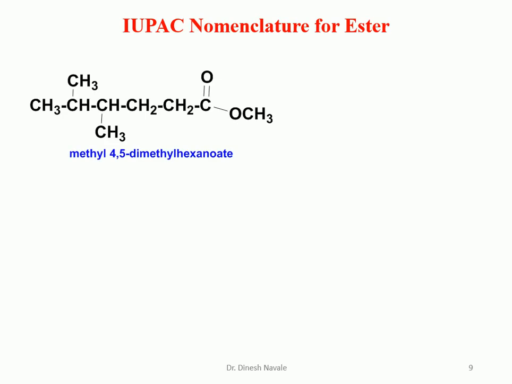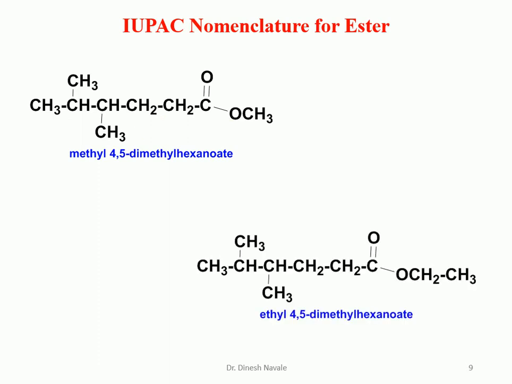So whenever we see the IUPAC nomenclature of a substituted ester, we have to choose which is the alkyl part. Again, the methyl group is the alkyl part, so we write methyl as it is. Then we have to choose the longest acid chain. 1, 2, 3, 4, 5, 6 carbon atom chain is there for the carboxylic acid, so it is going to become hexanoate, the alkanoate part. And methyl substituents are present at carbon numbers 4 and 5. 2 methyls are there, so we have to use the prefix di. So it is going to become methyl 4,5-dimethylhexanoate, which will be the nomenclature.